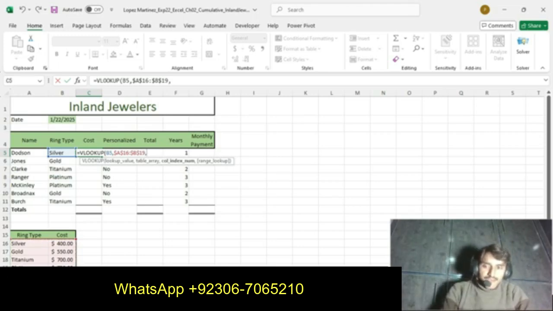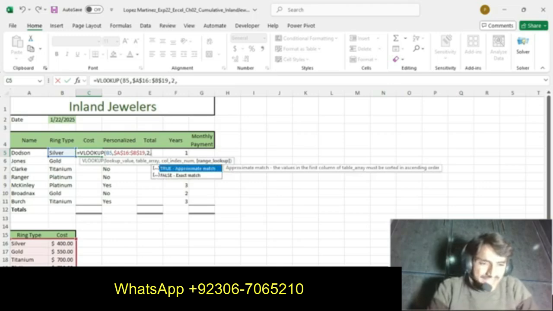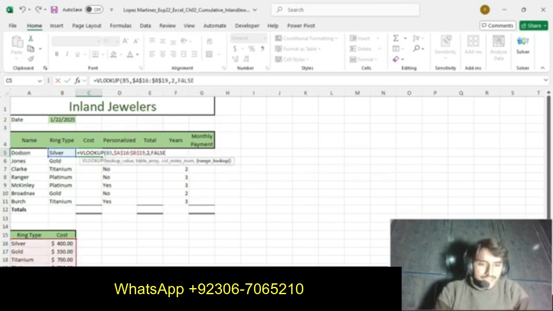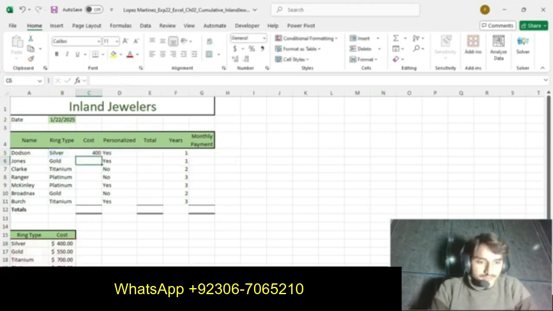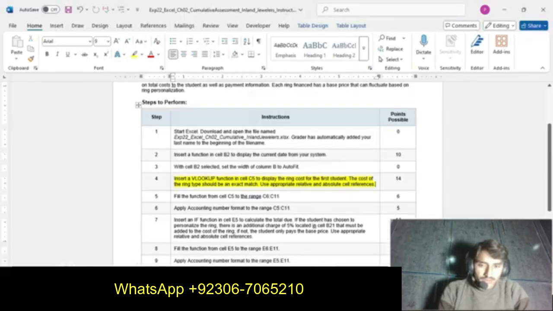We get the value from the second column, so we press 2. Then it says exact match, so we select exact match. Now we press enter and we get our result. So this is our VLOOKUP function. Now our step number 4 is completed.